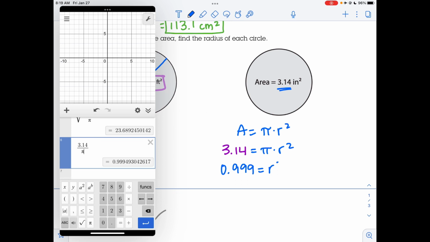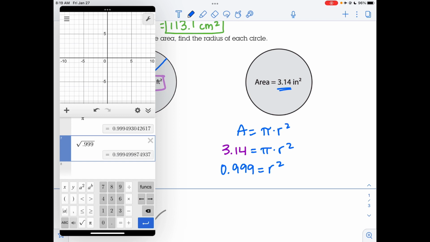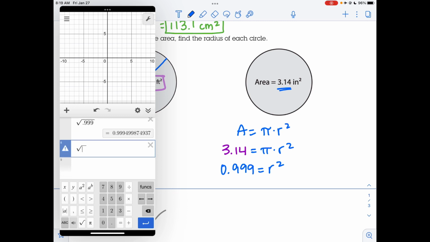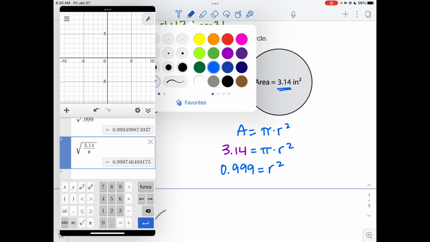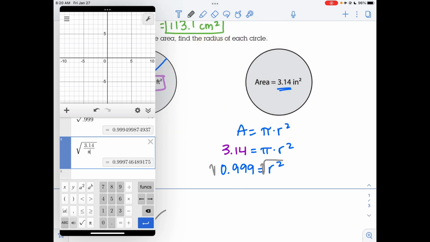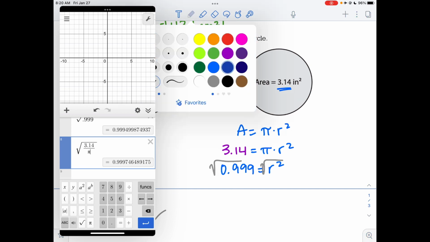But when we go to take the square root of this, we get, again, basically 1. Actually, it's really close to the exact same thing, isn't it? If we do the square root of the entire thing, 3.14 divided by pi, again, that's 0.999. The thing they were going for here, and especially if we round to the nearest tenth anyway, so if we do the square root of both sides here, our calculator said this comes out to